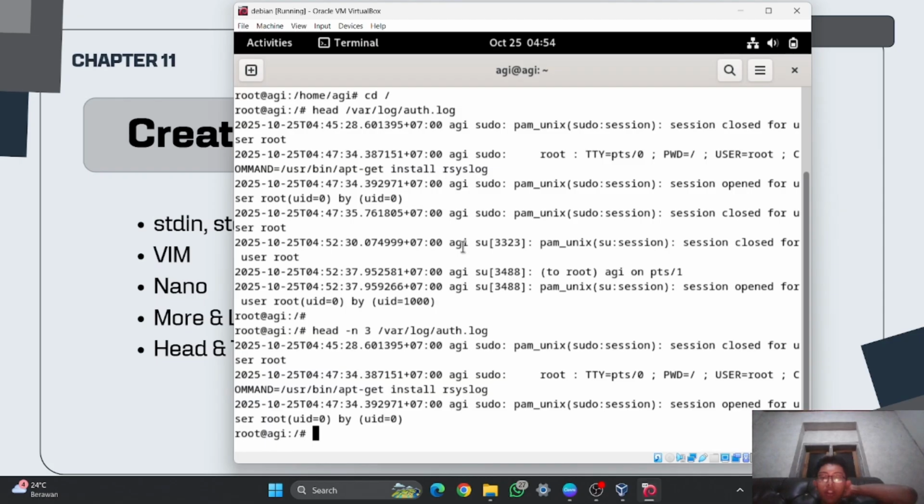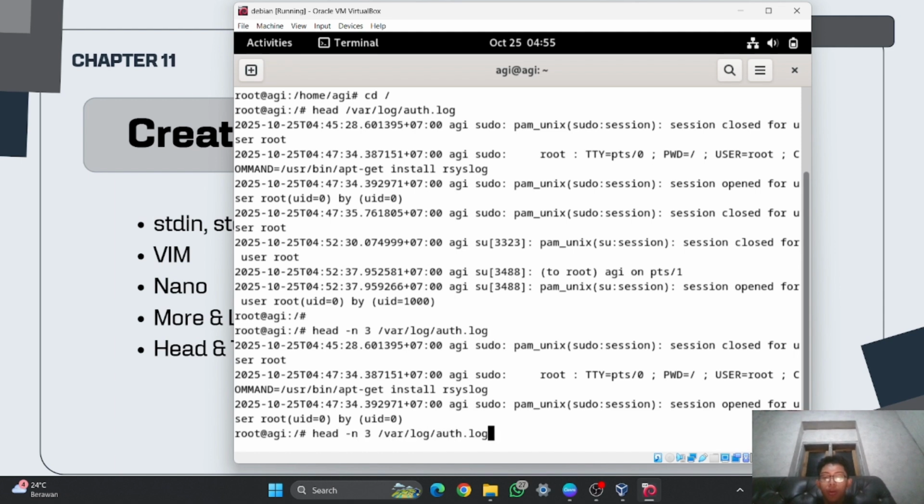And the next one is tail, which is the same as head, but different. Head is the first 10 rows, but tail is the last 10 rows.